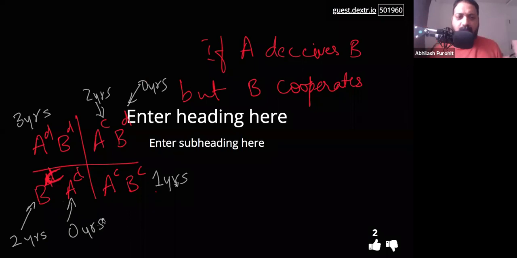Okay, now here's the situation. I can present this in various ways. I can type out all of this, but can everybody confirm they understand what is happening here? If both of you cooperate, both of you end up serving only 1 year each. If both of you deceive, both of you end up serving 3 years in jail. However, if you get deceived but you keep quiet, you go to jail for 3 years and that person walks away scot-free. Do you see how now this becomes a decision-making game? What will you do is the question.